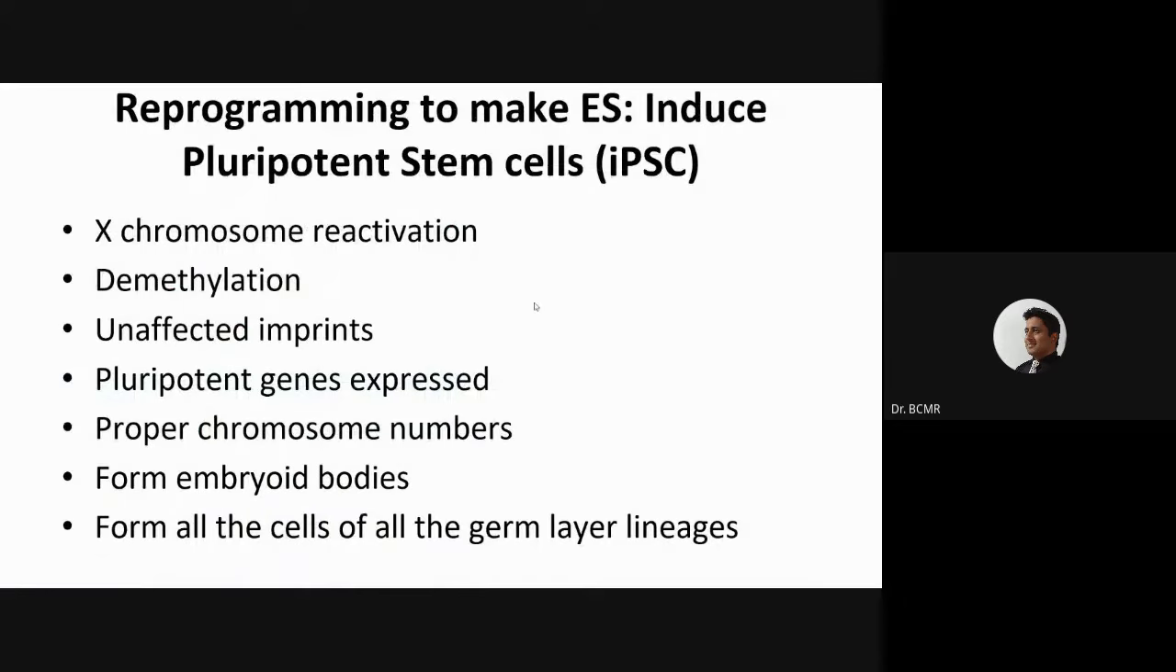So if we want to reprogram to make embryonic stem cells or induced pluripotent stem cells, then we need to consider all these things. The X chromosome reactivation, if it is inactivated, if it is from a female, then we should be able to reactivate it. We should be able to check the demethylation and methylation status, and we should hope that the imprints are intact, because we don't want those imprints to be